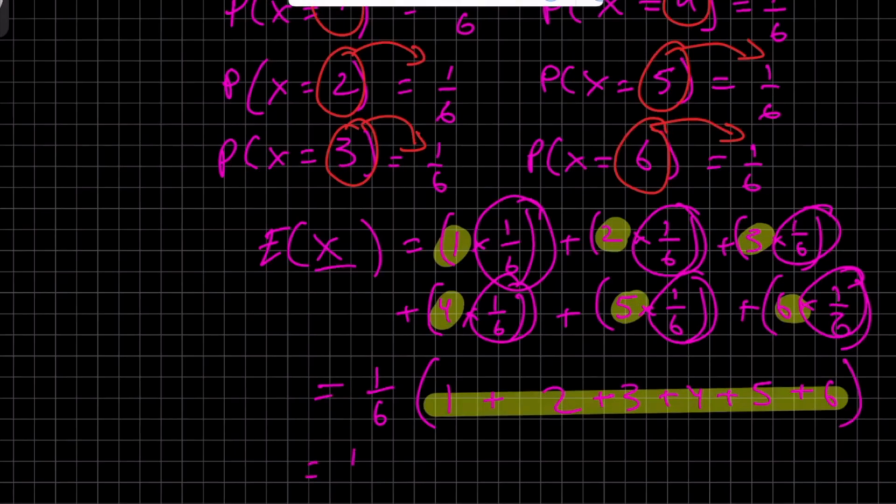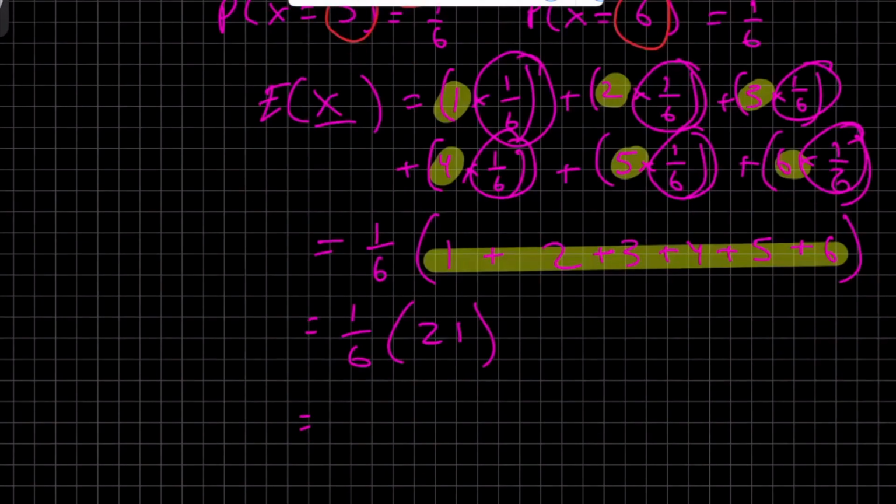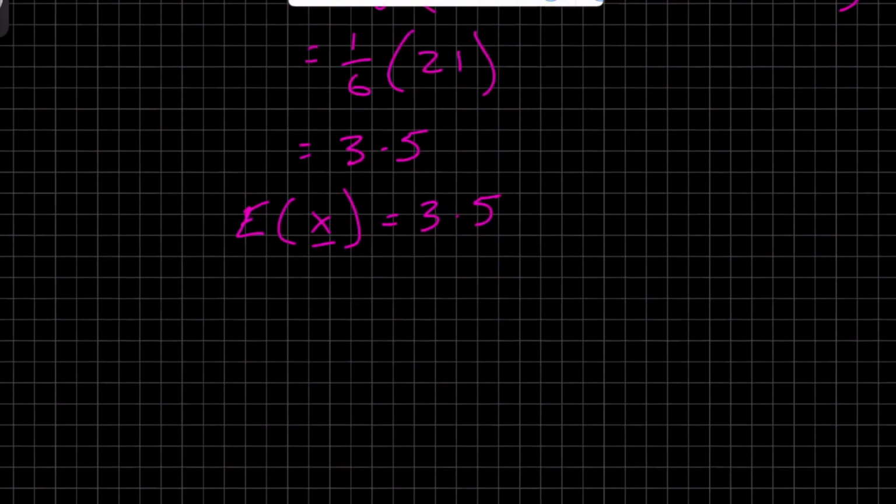So this should equal 1 over 6 times 21. So 21 divided by 6 equals 3.5. So our expected value when we roll a die would be 3.5. Okay. Now,